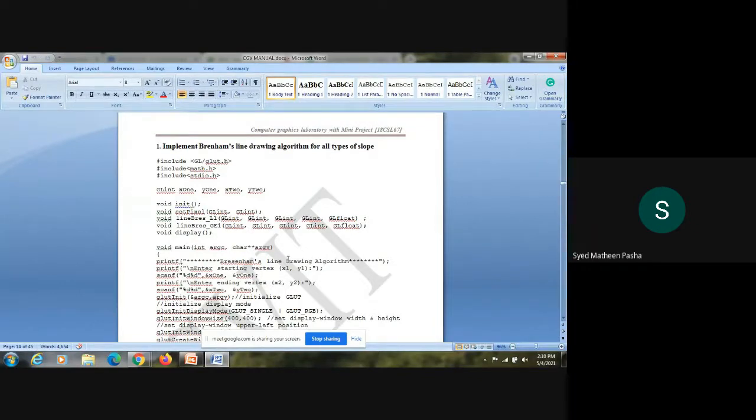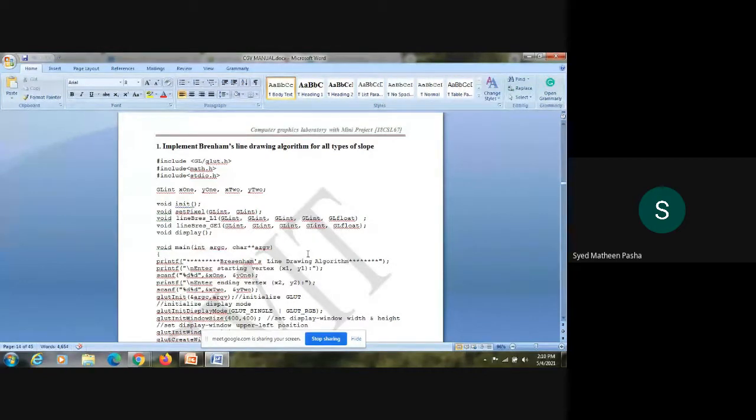Then what is the second step? Decision parameter calculation. That is nothing but p, pk. First I'll calculate the delta x as well as delta y. With the help of delta x and delta y, I will calculate the decision parameter, which is nothing but p or pk.